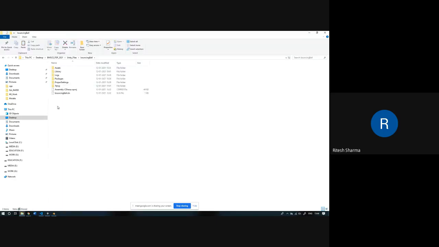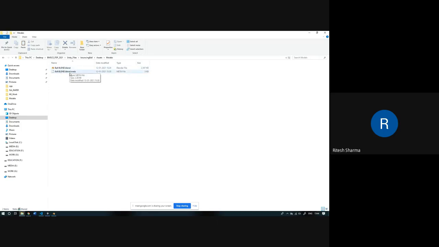So I go inside it, inside it I have the assets folder. I go inside assets, and because I have created the models folder, that will also be there. Inside that, I can just paste it. Right now I already have it, so I didn't do the cut paste, but that's what you have to do. So copy and paste the blend model.